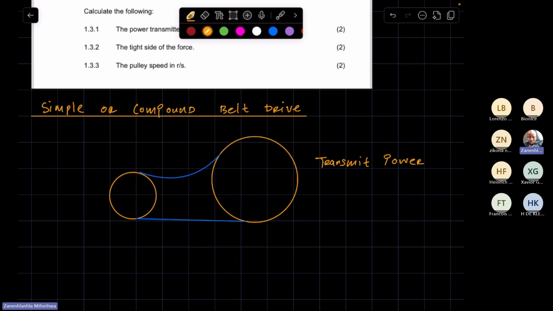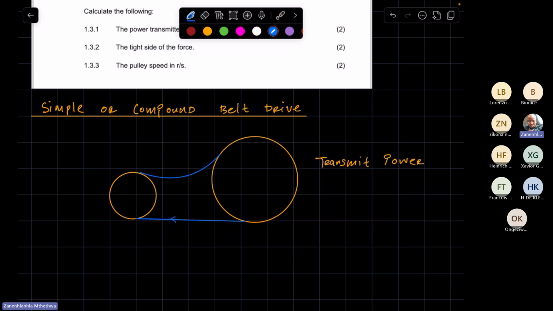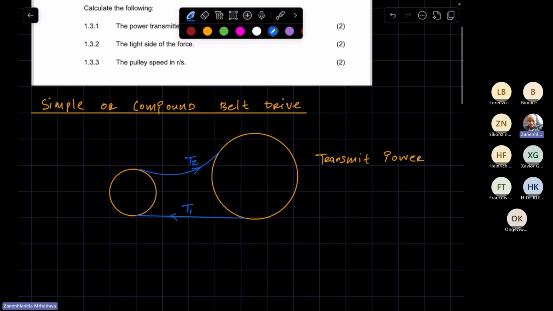Two pulleys connected with a belt. The belt wraps around the pulleys, and one side of the belt we refer to as T1, and the other side we refer to as T2,